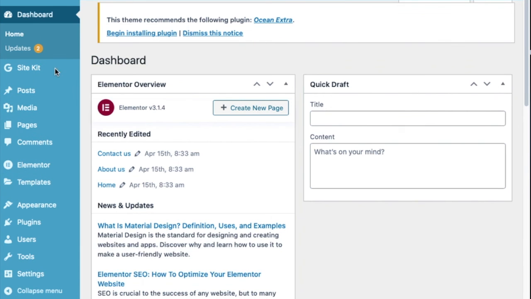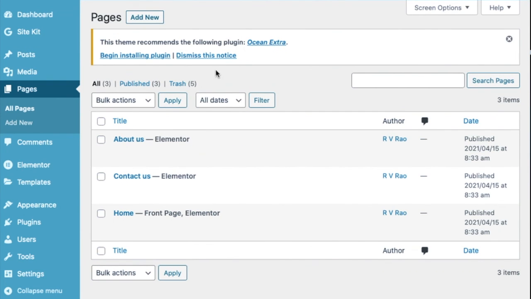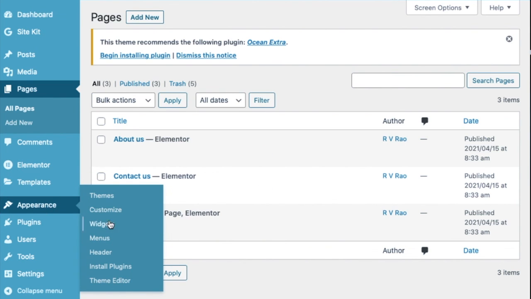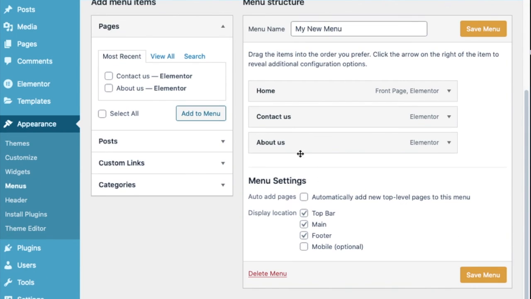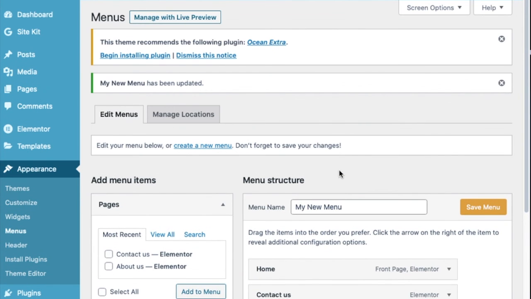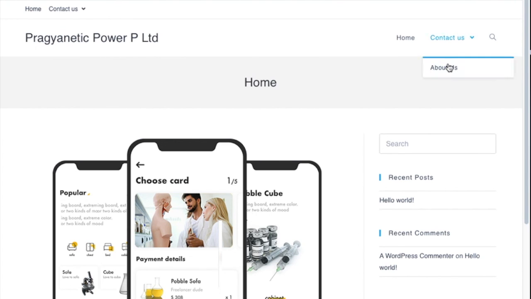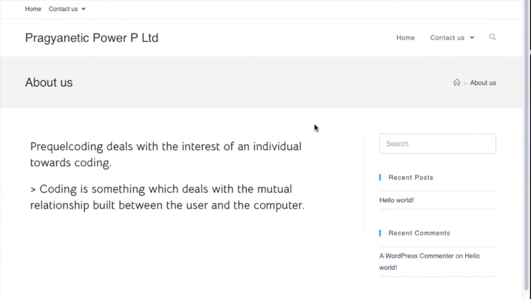And you can also add on pages onto your website, but don't make it so ugly. I mean, you can make the menus clear by making it a sub item. So adding it onto a sub item will take you like this. So let's see. So here you'll be given the sub item about contact us, which will be below about us. So here's how you got to do it.